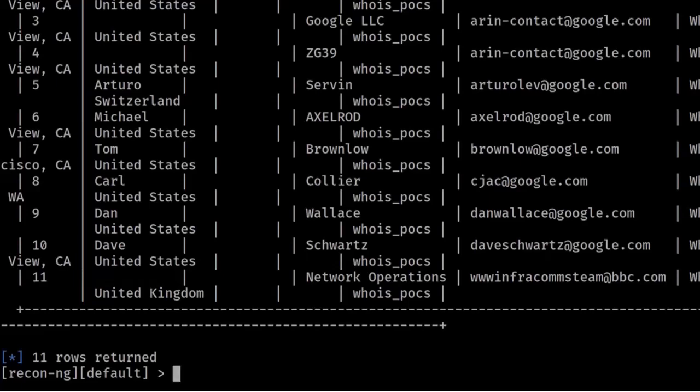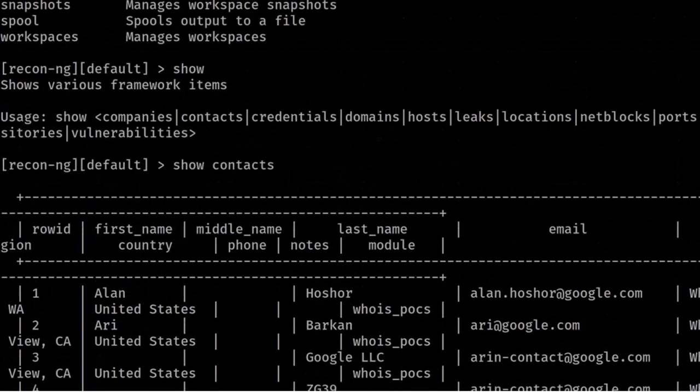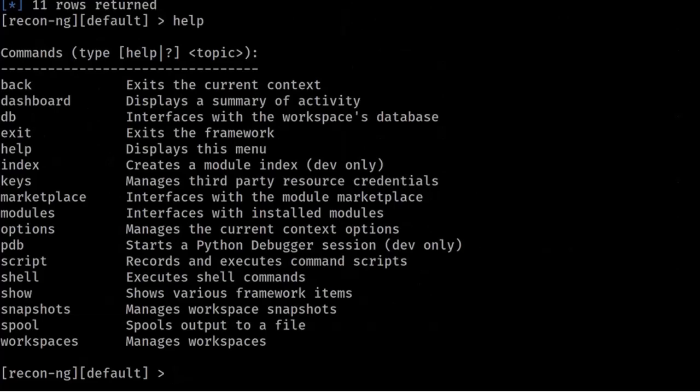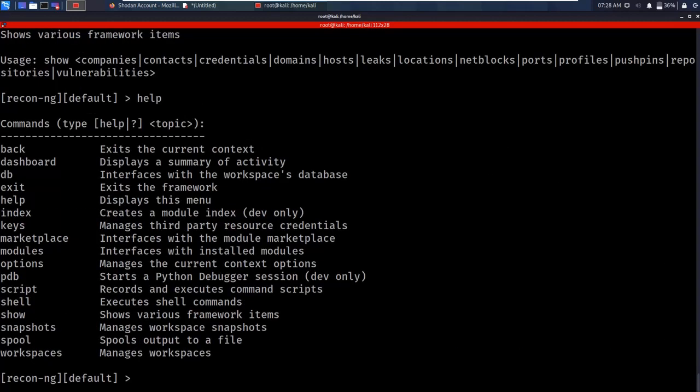So the show command displays the results of the target you have run, the hacking tools, the tool you have run. It displays the results over here in the show command. Let's move on to the help, and now you know the exit command exits. Okay guys, now let's do a help again. So now you know what is index and the help and the exit. We have used the help so many times. The exit, if I give exit, we will exit the framework,